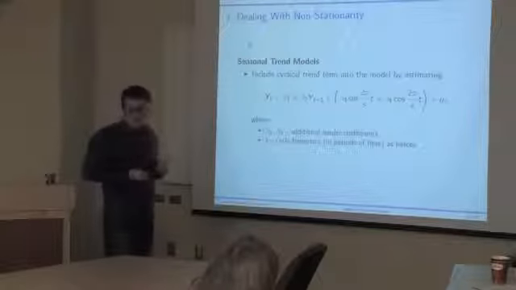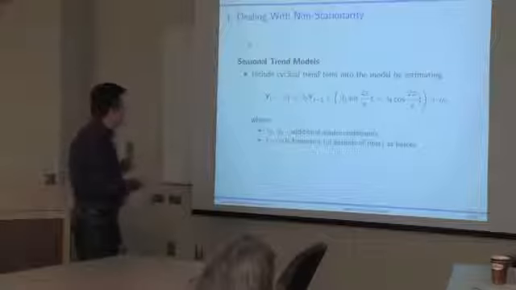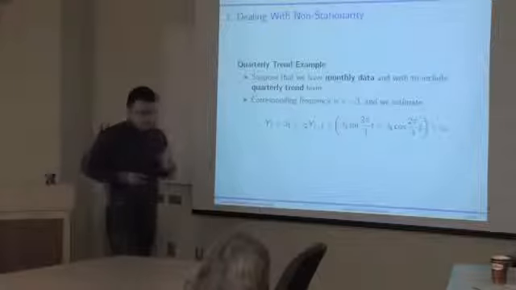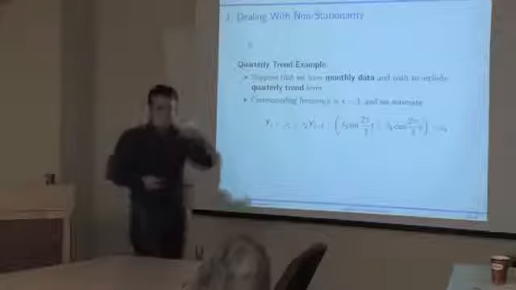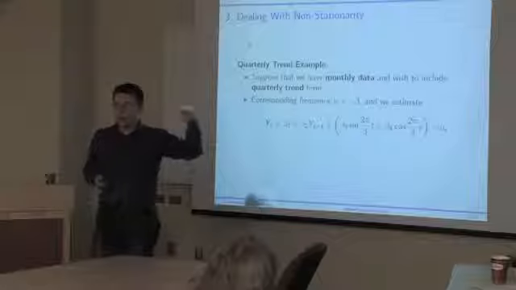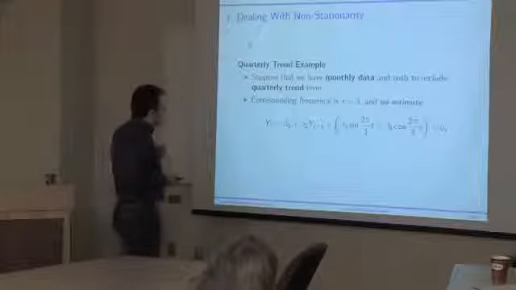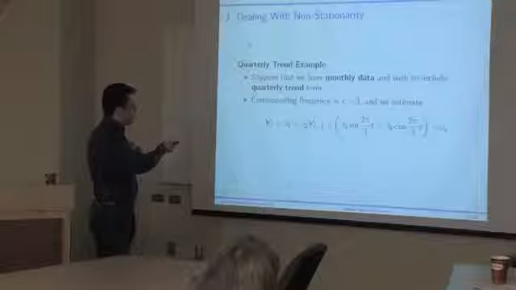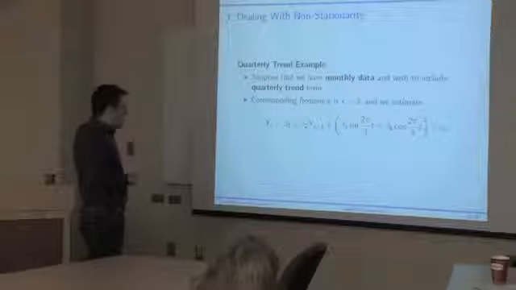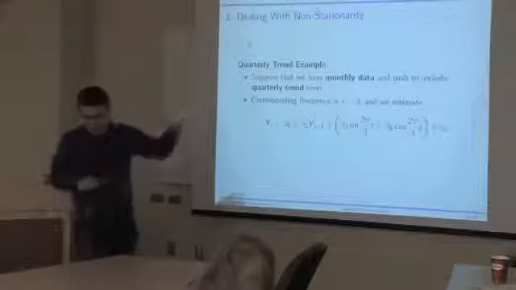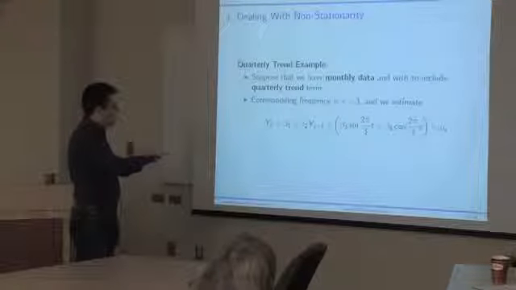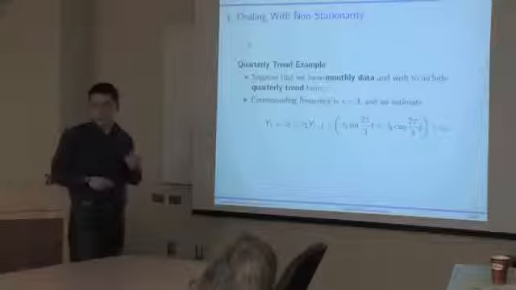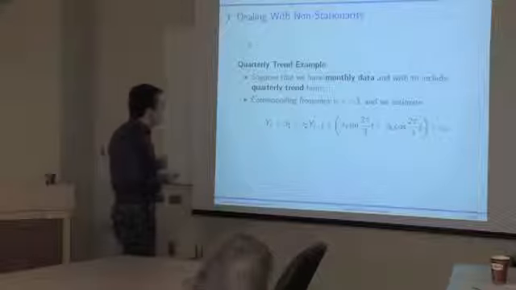So for example, suppose that we had monthly data, and suppose that we suspect that in these monthly data we do have quarterly trends, so we do have some cycles which last for 1 quarter. In this case, the corresponding frequency would be 3 months, 1 quarter, and to model these quarterly cycles using that sine function, we would include, again, this following term into the regression model, where now the frequency, the denominator in these two fractions, would be set to 3, so 3 months.